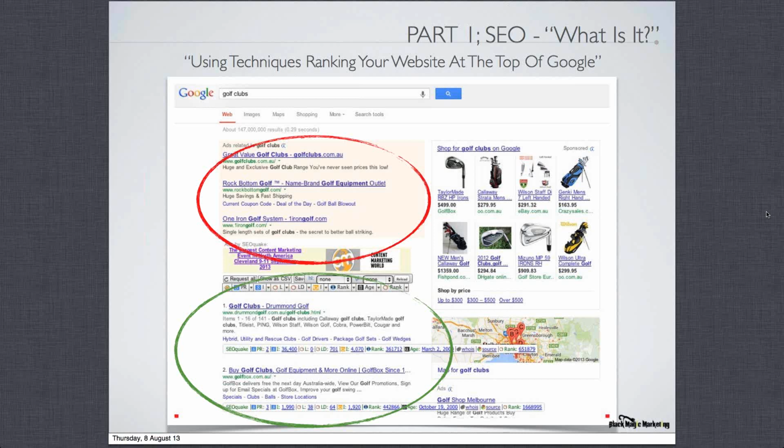All of you, I'm sure, have used Google. Those results, 1, 2, 3 to 10 on the first page, all change depending on the search term. So what you see there is what Google brought up for golf clubs. If you typed in golf club, it's likely that those would be different, because Google sorts plurals and singular terms differently. And if you were to type left-handed golf clubs, or left-handed golf club, you would get different results again and again.